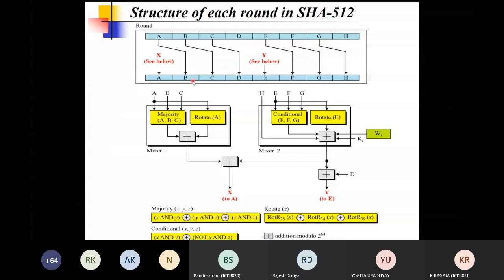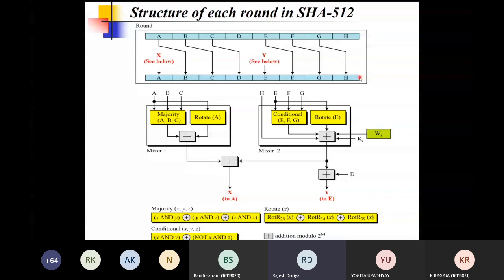For example, the value of buffer A has been passed to B. The value of B has been passed to C. The value of C has been passed to D. And similarly, the values of many other buffers have been passed to other buffers of the next round.